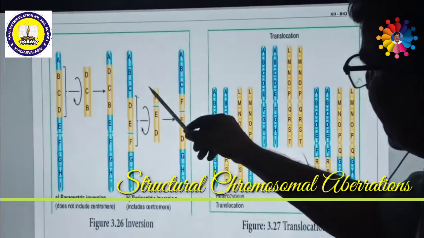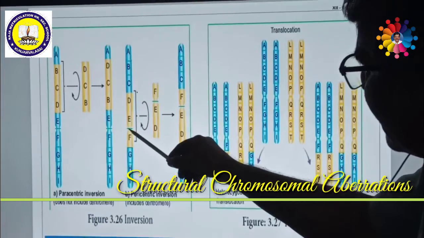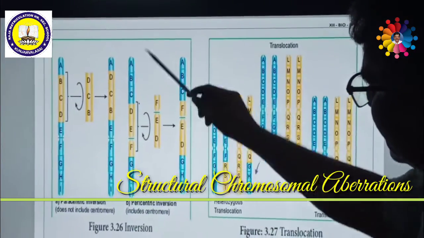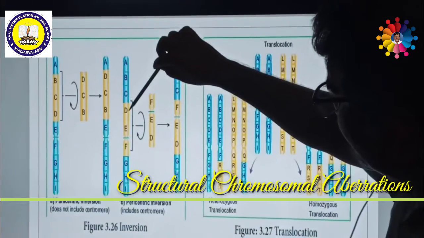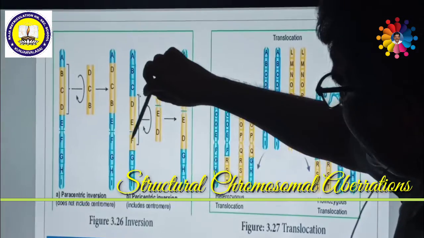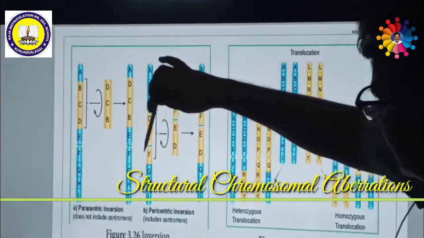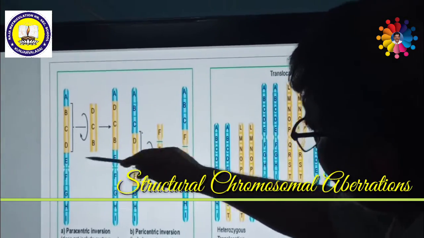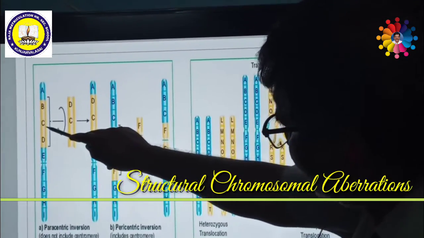Pericentric means the inversion includes the centromere. See here, A, B, C, D, E, F, G, H. Imagine we consider the genes D, E, F. If this D, E, F is reversed and the centromere is far away, not included, then this is